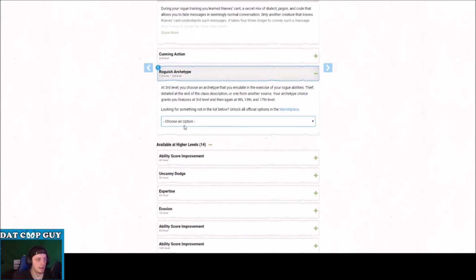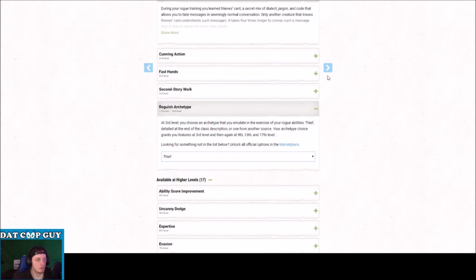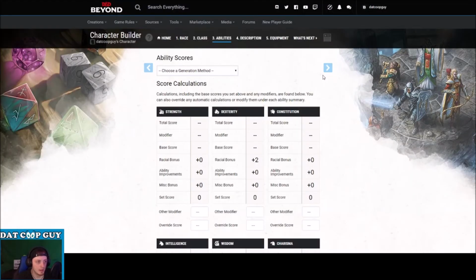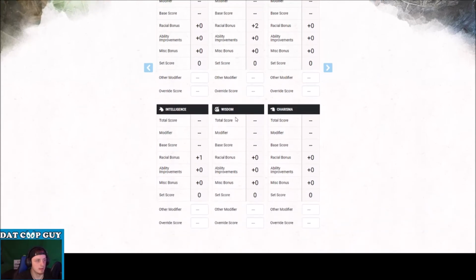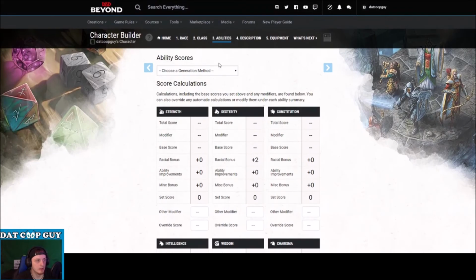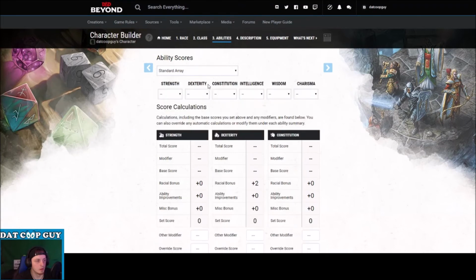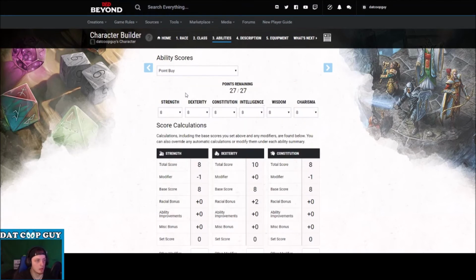So we'll go ahead and choose our archetype. Right now, we'll just do the fey for right now, and then we'll just continue on. So this is where we do our stat evaluation. You have a different variety of stuff. You can do the standard array where you get to choose, you know, the 15, 8, all that. You can do the good old manual roll, or you can do the point buy system, which is my personal favorite